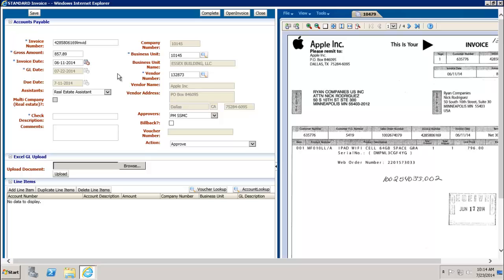Your invoice number, gross amount, invoice date, business unit, and vendor number have all been pre-populated using a program called Oracle Capture Recognition, or OCR. If any of this information is incorrect, you can change it at any time. The invoice number, gross amount, and invoice date you can change by simply clicking in the field and overwriting the